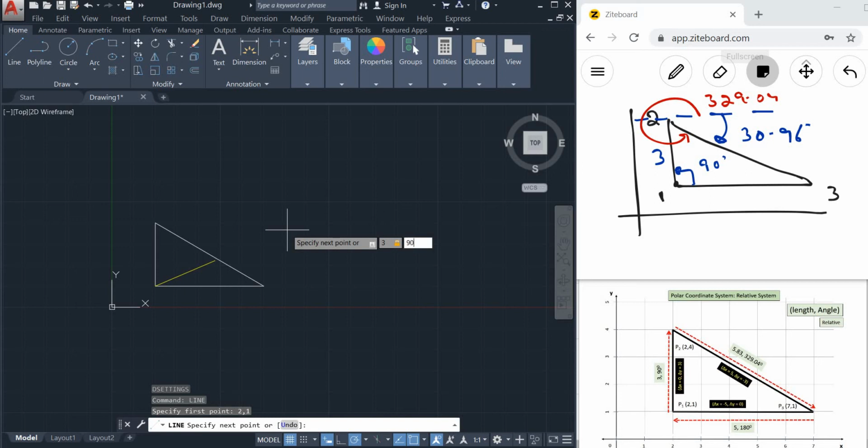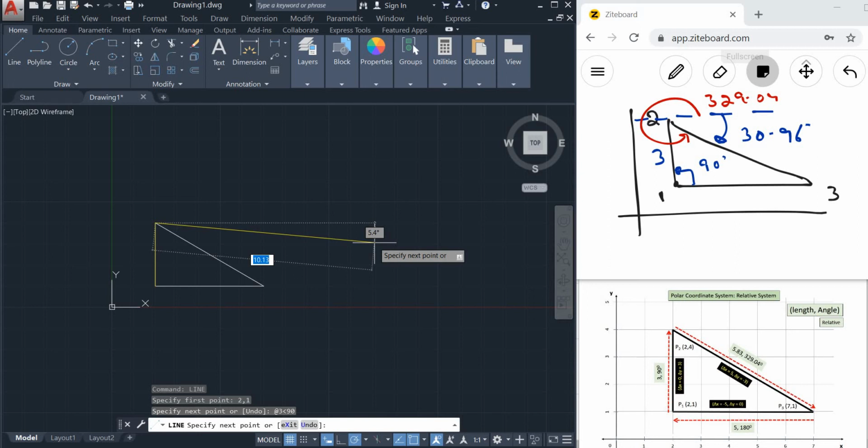Right now my angle units are set in the anti-clockwise direction. So type 90 degrees, press enter. Again specify the length of the line, that is 5.83, and then you have to specify the angle in the anti-clockwise direction. So if you press the angle bracket key on the keyboard, you have to specify the angle as per the setting in the units.